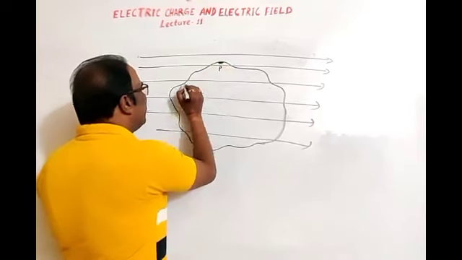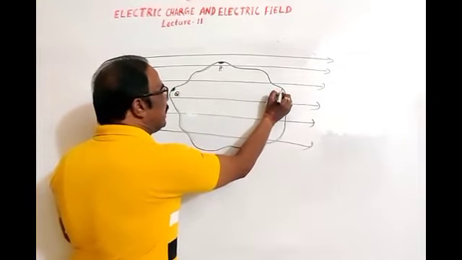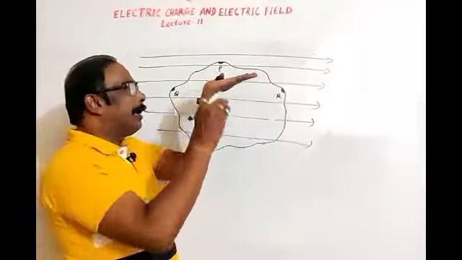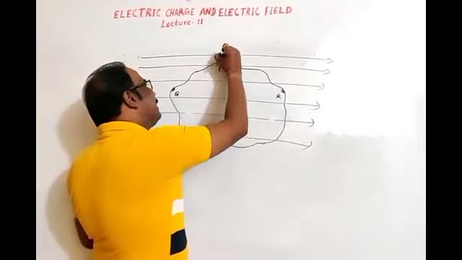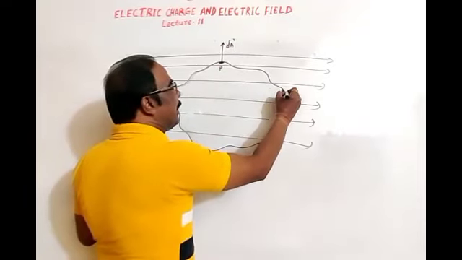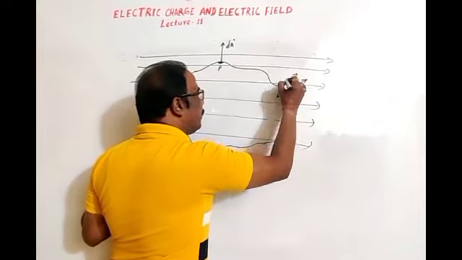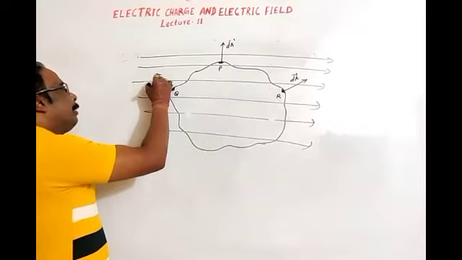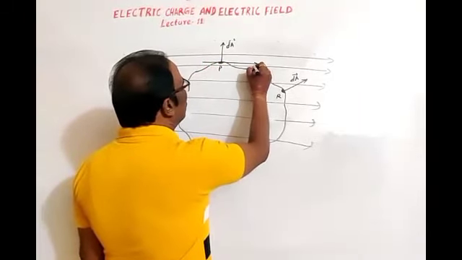Let this point be P. This is an elemental area. This point is Q. This is an elemental area. This point is R. Okay. For this elemental area, this is the plane of the area. If you consider a point area, then the direction of this elemental area is dA. Okay, this is the elemental area at point R. So this is the direction of elemental area, perpendicular to the surface, and this is the direction of elemental area dA, perpendicular to the surface. Okay, for this area, this is the direction of electric field.